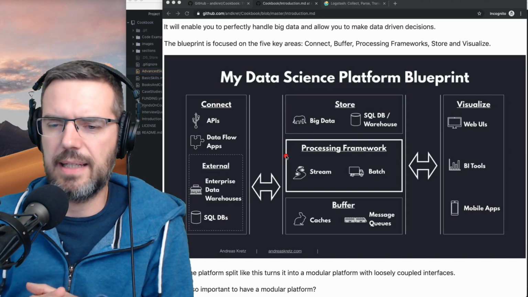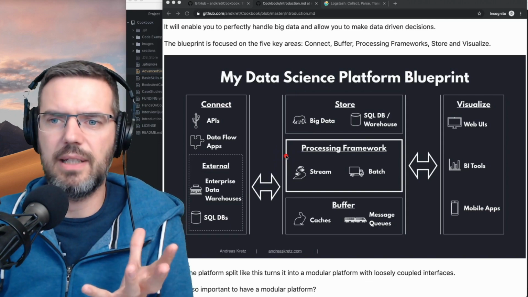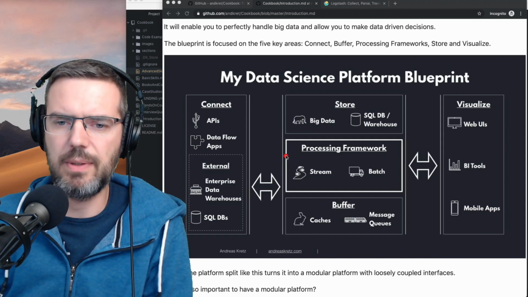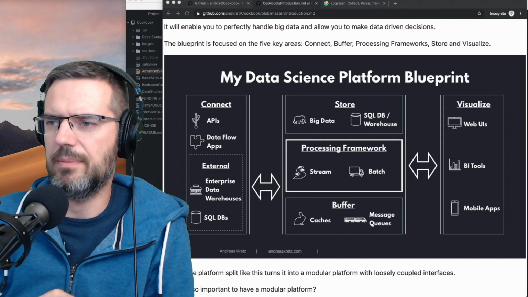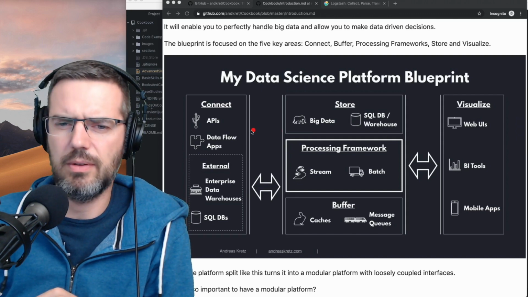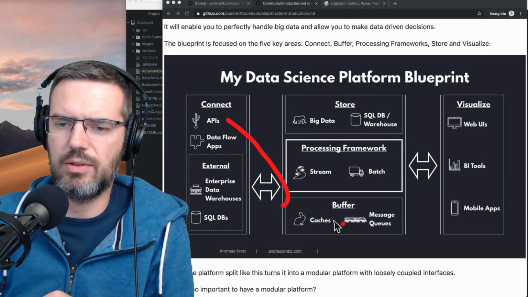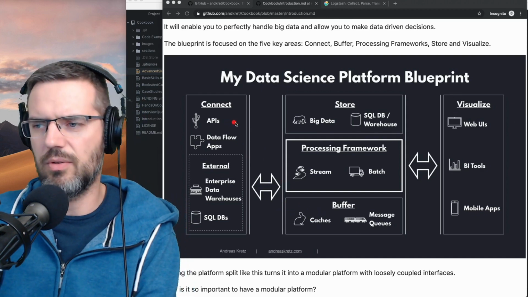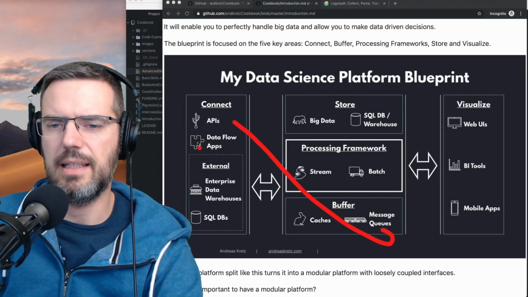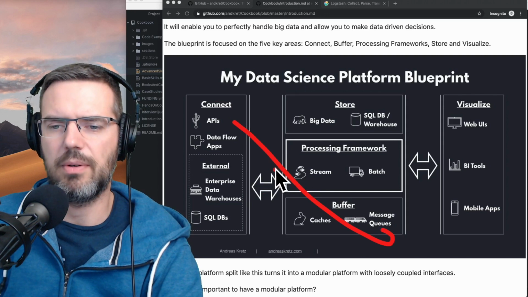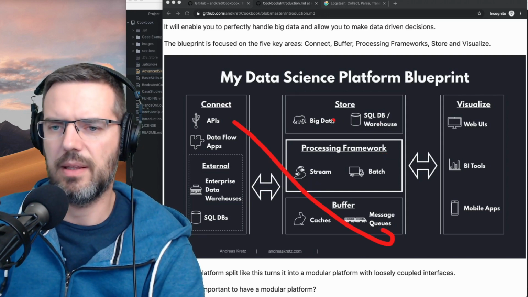What you can also do is use security like Kerberos authentication between each of the tools, so that, let's say you're writing from an API into a message queue, then this would be secured. The communication would be encrypted, and same thing with